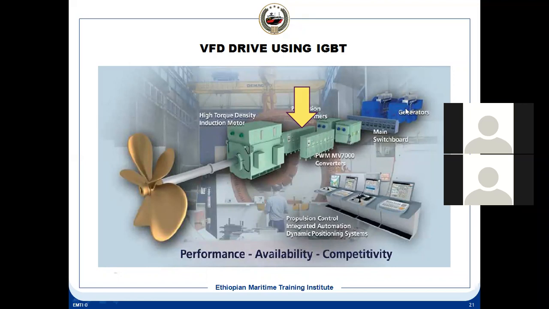And here you can see this is the generator. This is the main switchboard. Here you have a transformer. These are the two transformers, because you have two drives, two converters. This transformer is a three-phase transformer. The primary is delta and the secondary is star and delta both, giving an output of around 180 volt AC to this converter. From here, this induction motor is driven. The output coming from here is an AC supply. The inverter and converter are all inside this unit, with IGBTs and everything inside. This is a normal three-phase induction motor.